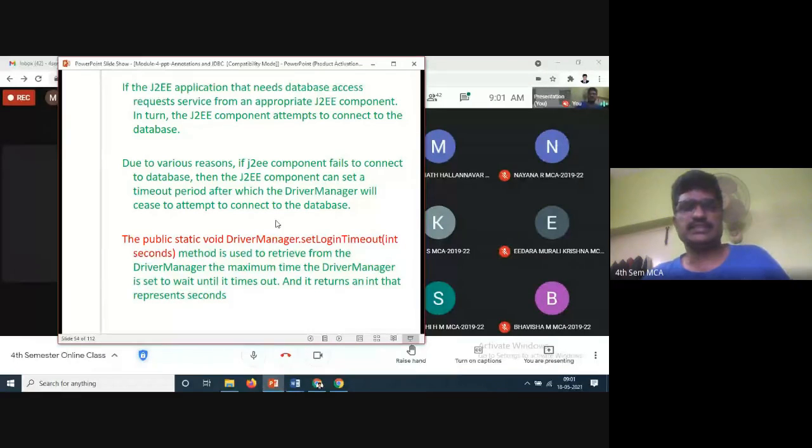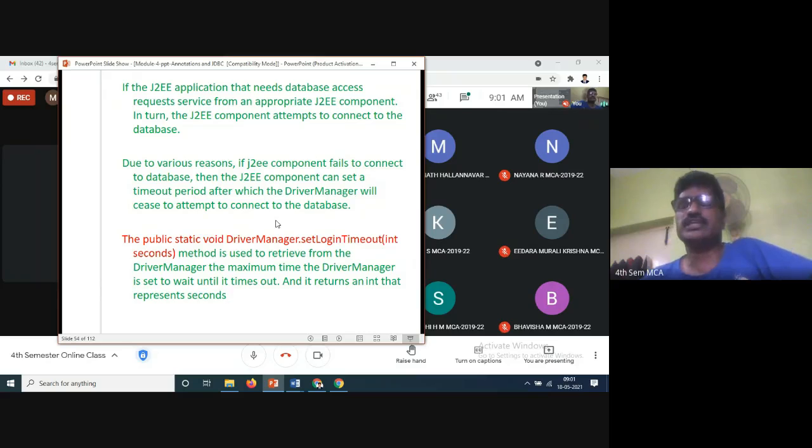Due to various reasons, if the J2EE component fails to connect to the database, then the J2EE component can set a timeout period after which the driver manager will cease to attempt connections to the database. So here it is about the timeout period after which the driver manager will cease.